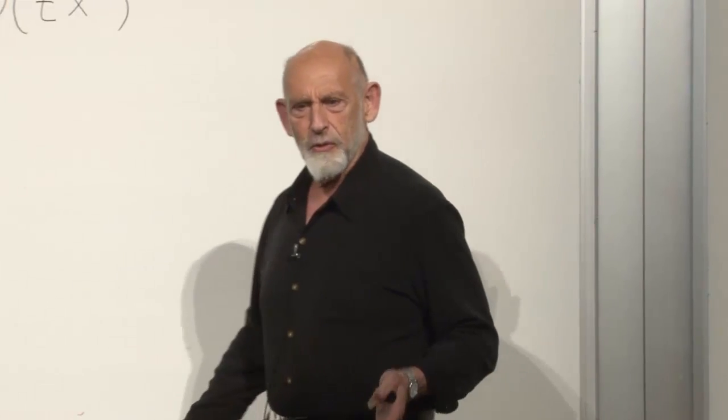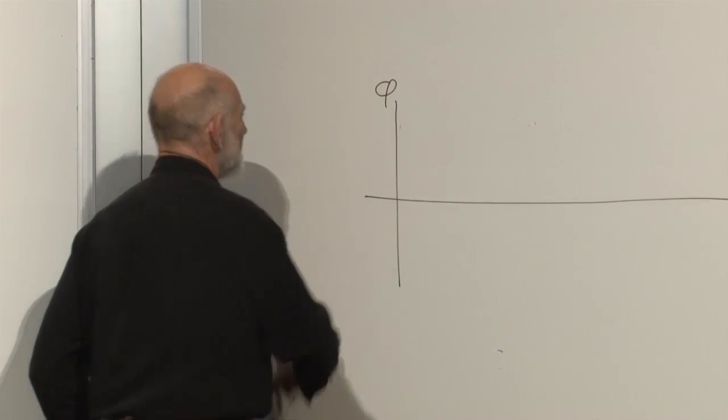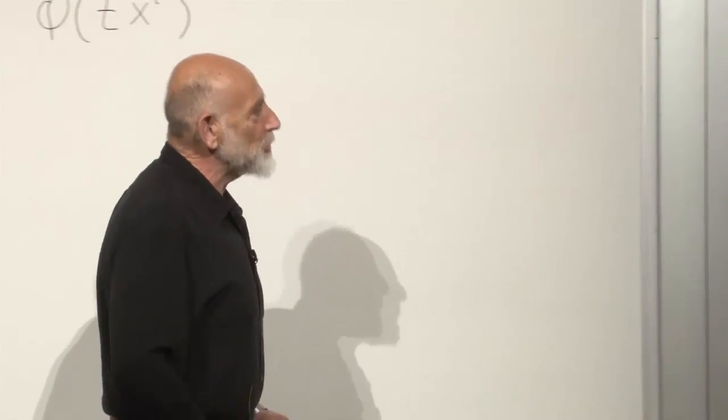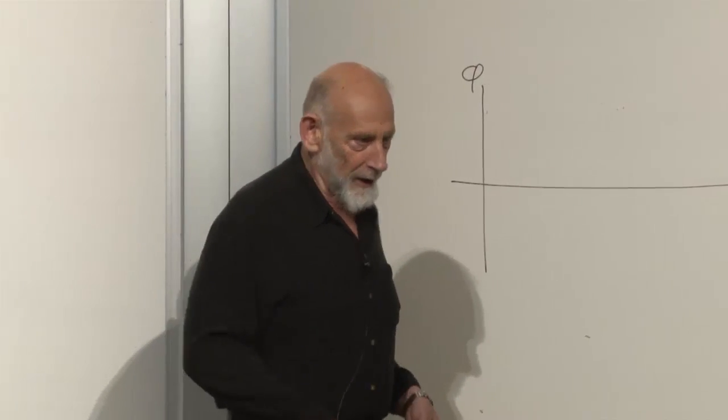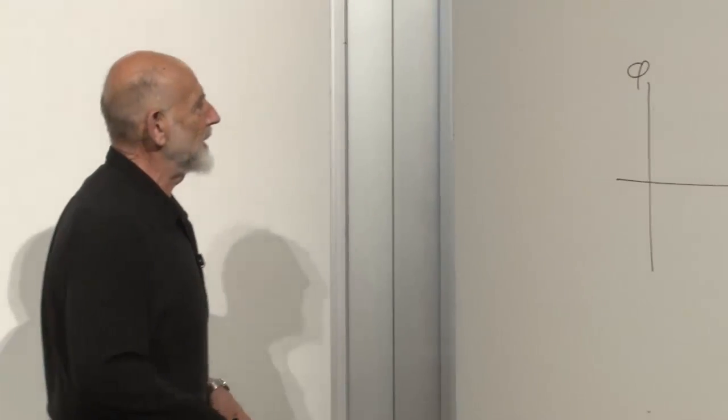And what do we call that axis? What's a good name for that axis? Why not x? Or s for displacement. I'm not going to call it either one. I'm going to call it by the stupid term phi. Phi. That's the coordinate position of a particle. And of course, I have a mathematical right to call the position of a particle phi. I don't have to call it x. I can call it anything I want.